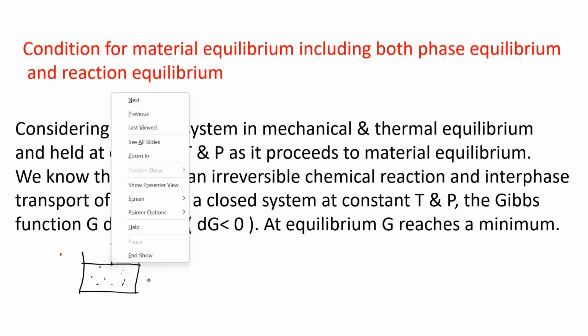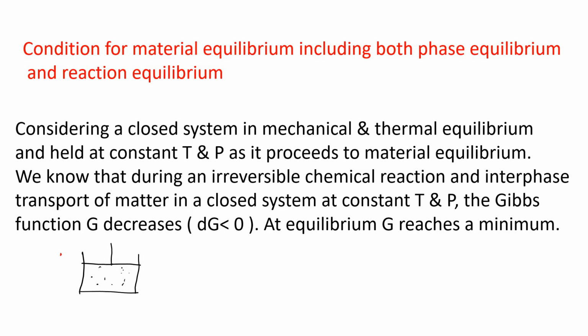Now at this condition, in the stationary condition, the pressure of the gas is equal to the atmospheric pressure and piston pressure, whatever it is. Mechanical equilibrium means the pressure will be the same at every point. Now suppose you push this piston, that means compression. Then what will happen? The pressure will increase, but when mechanical equilibrium is reached, that increased pressure will be the same at all the points. That is mechanical equilibrium.